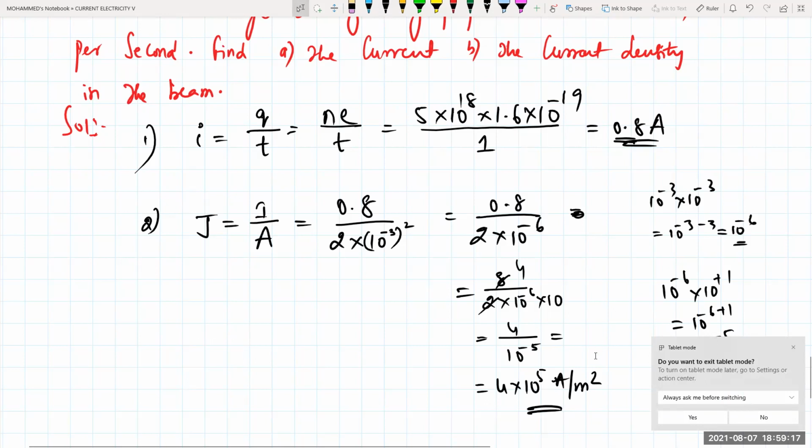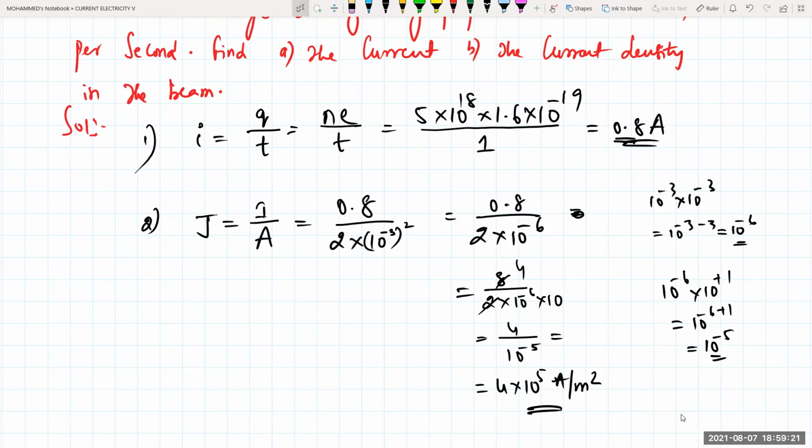And next week you don't miss the classes because current electricity చాలా depth లో చేయాల్సింది మనకు. And it's scoring topic and easy topic, and also we need to score it. So be a little bit attentive and practice more in this one because practice is much required for this topic. Okay na?